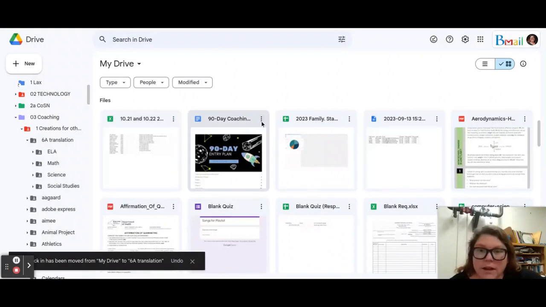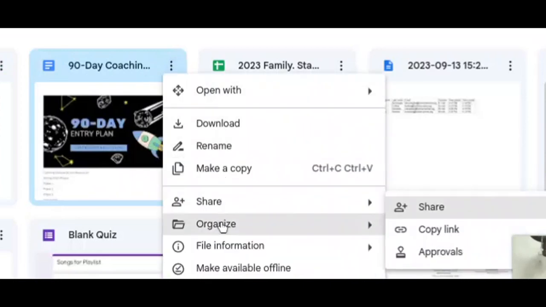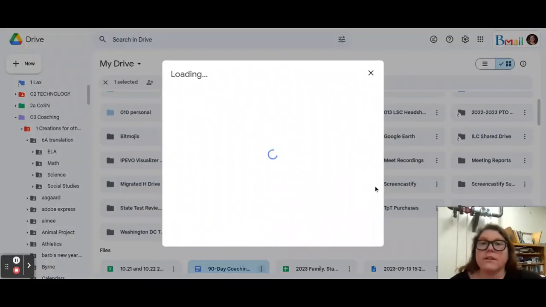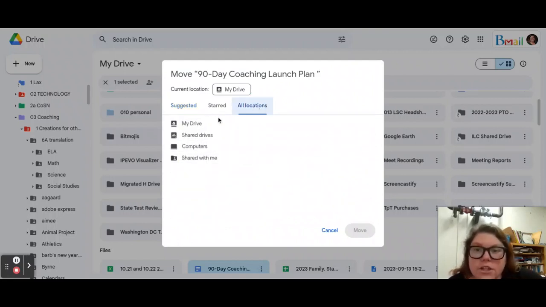Now, the next one, I'm going to show you the other way to do it. Right here, I'm going to click on my three dots. I'm going to go to organize and click on the move. Now, this is a coaching plan, so I'm going to put it in my coaching folder. You'll see my coaching folder doesn't come up as suggested. So now I'm going to go to all locations, My Drive, click on the arrow,